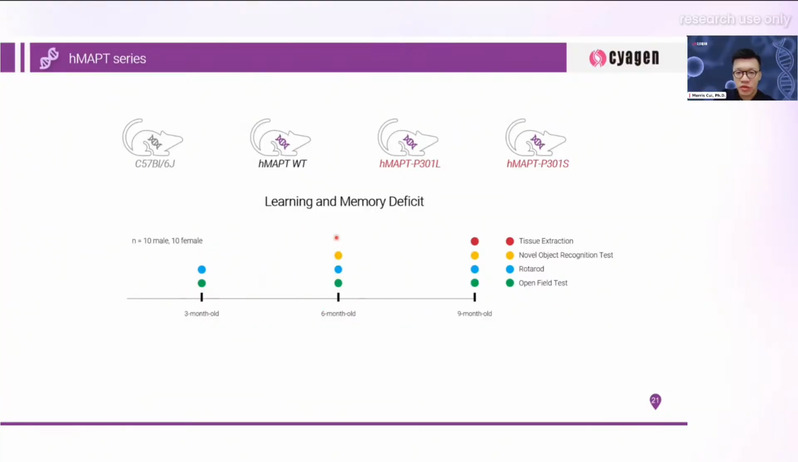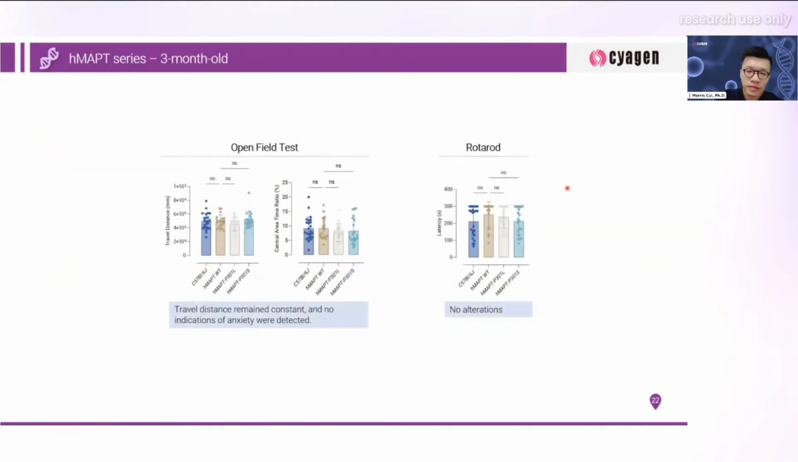At 6 months old, we start validating their learning and memory deficit using the novel object recognition test. And we repeat all those tests at the 9-month-old time point. After finishing all the behavior tests, let's see some data. At the 3-month-old time point, as shown here, we didn't see much of a motor deficit in the HUGO